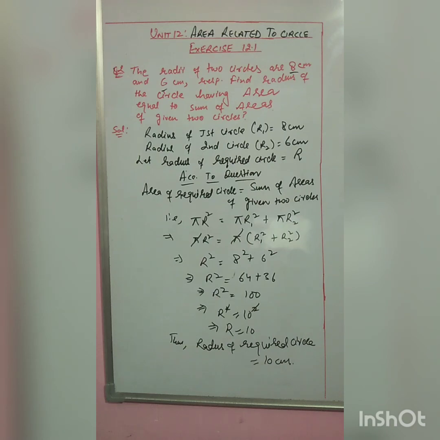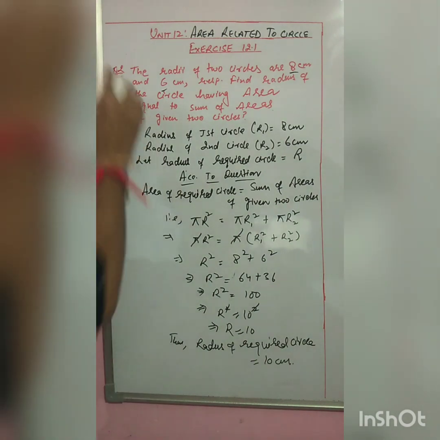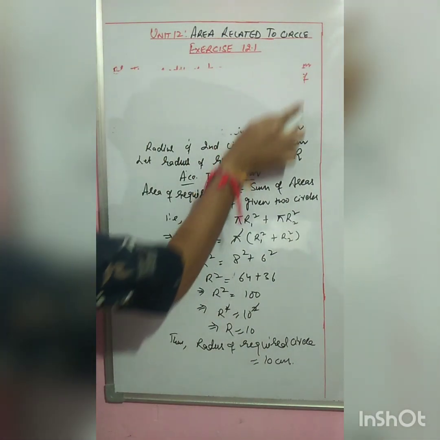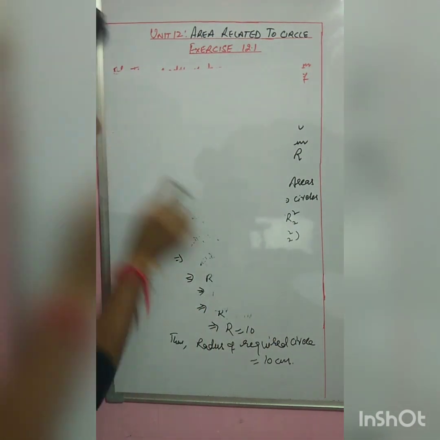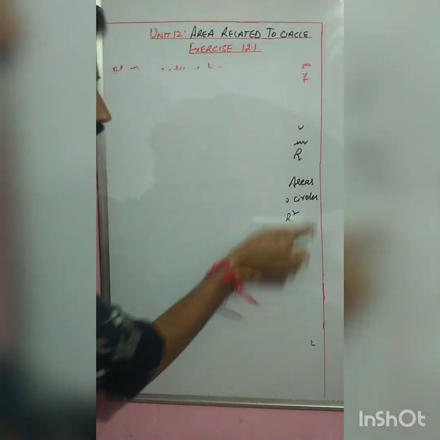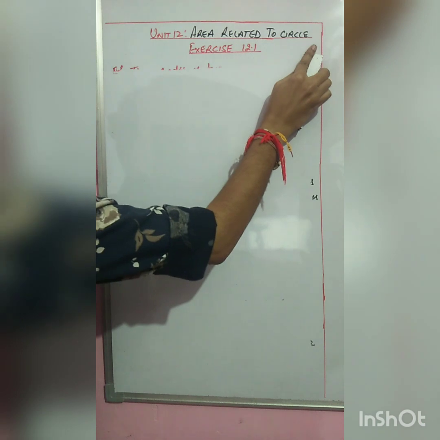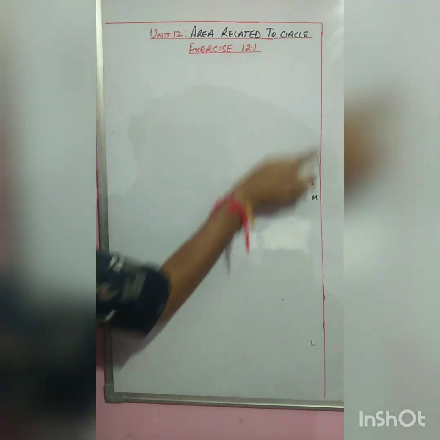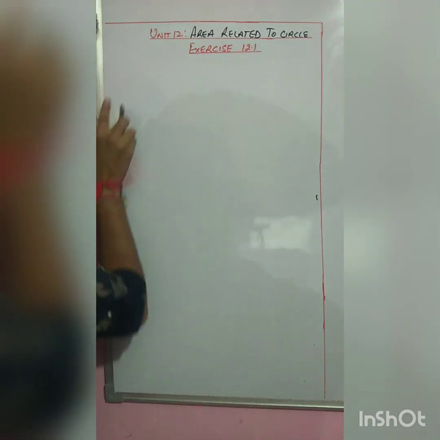Now in this video, after question number 1 and question number 2, we will go for question number 4. Why question number 4? Because question number 3 requires a diagram, and we will make a neat and clear diagram of that question in a separate video. Here we will go for question number 4. So let's have question number 4 on the board.